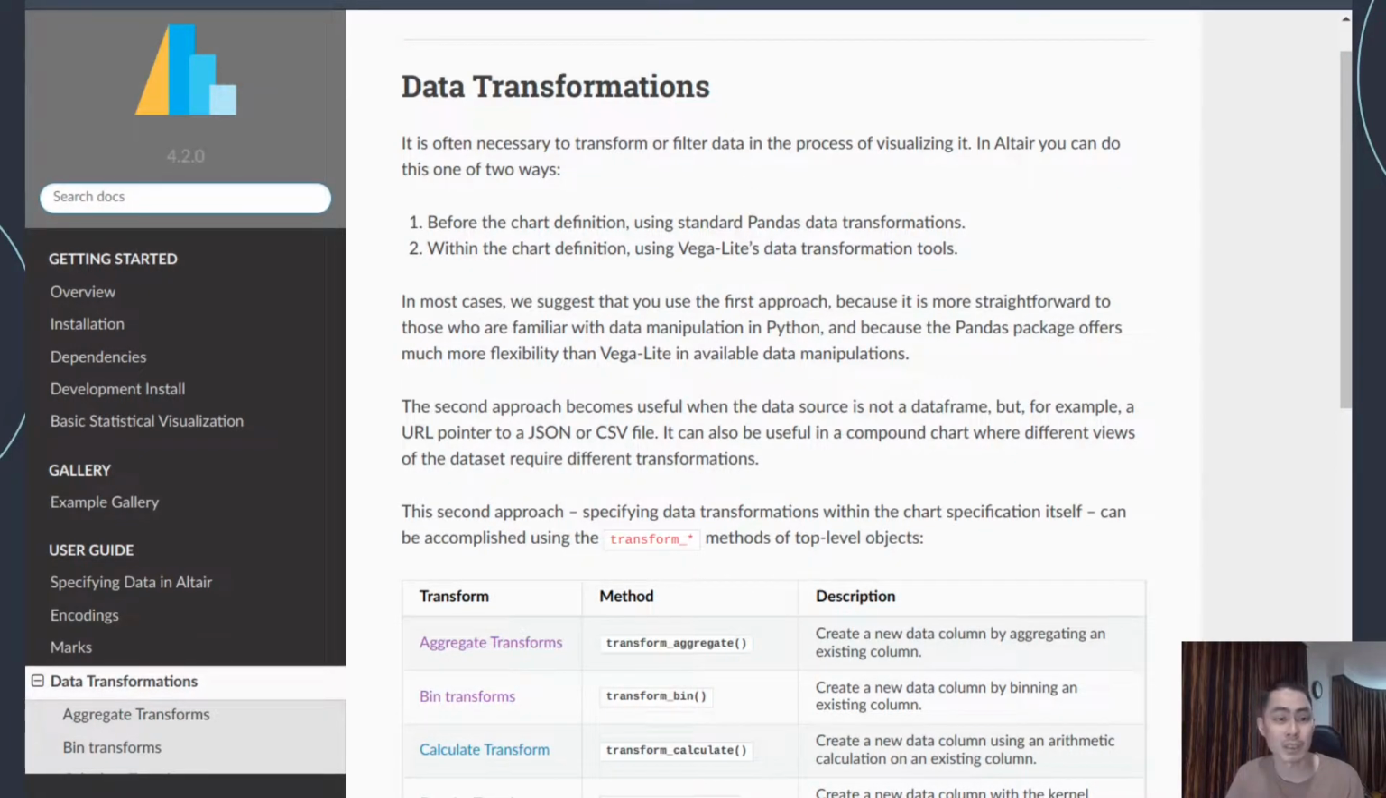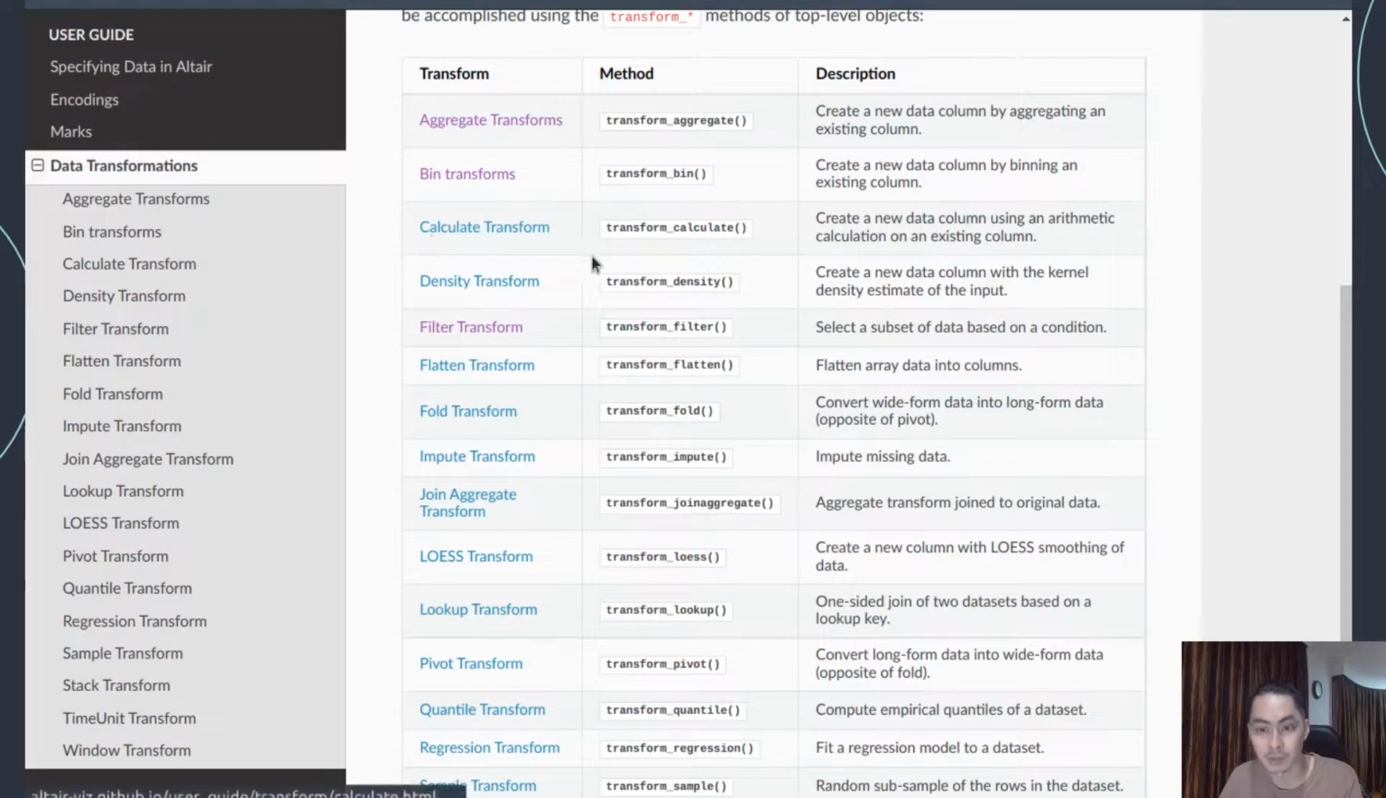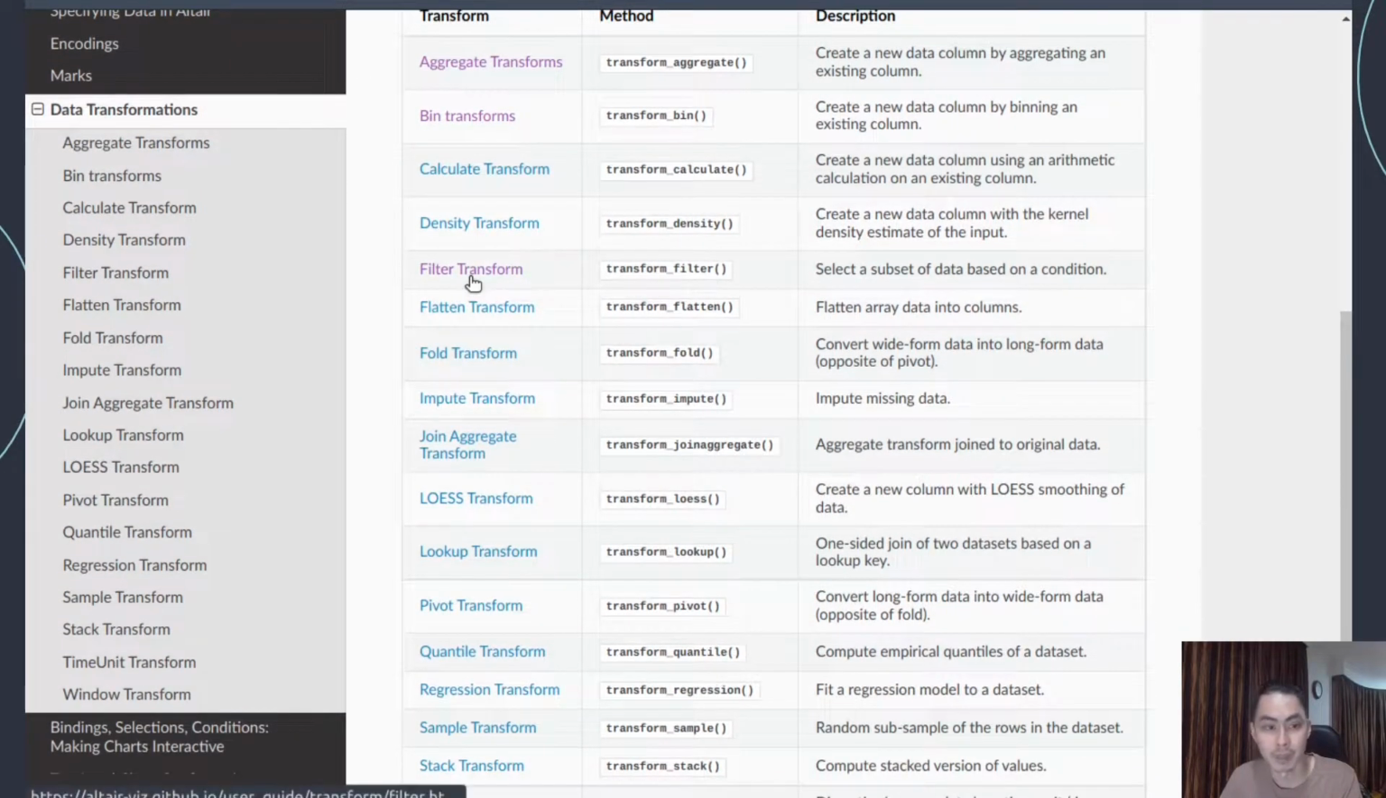And data transformation is an integral part of visualization. Choosing the variables to show and the level of detail is just as important as choosing appropriate visual encodings. So for part 3 of this data visualization in Python series, we're going to specifically look at some of the most useful ones, starting from aggregate transform, bin transform, calculate transform, this one, and filter transform, and finally, I think